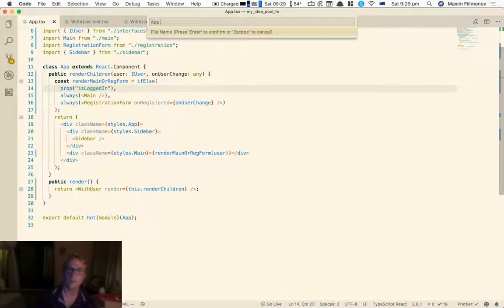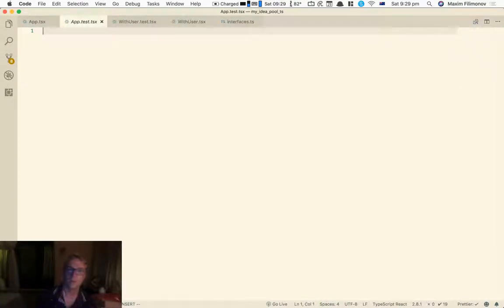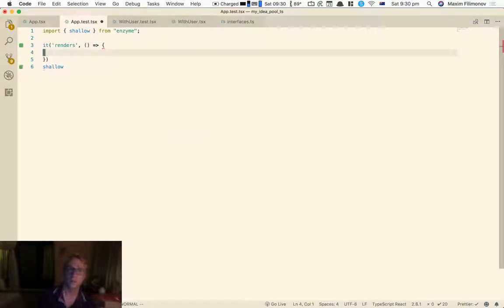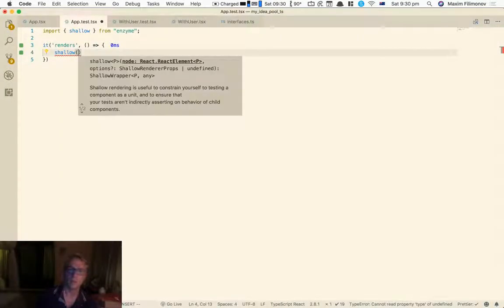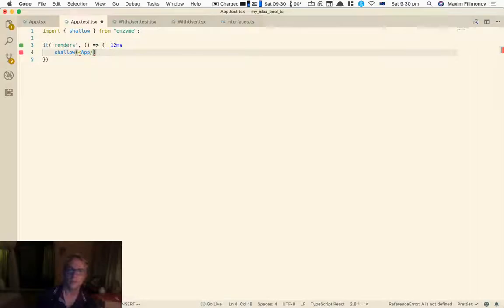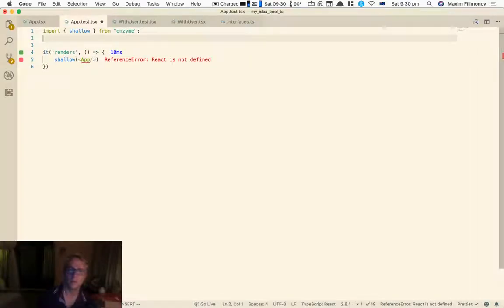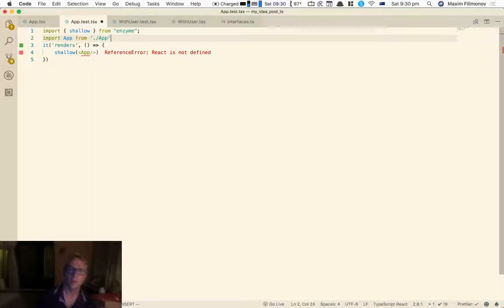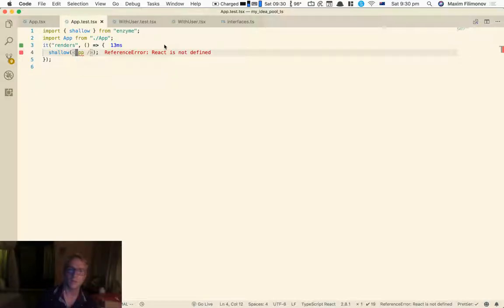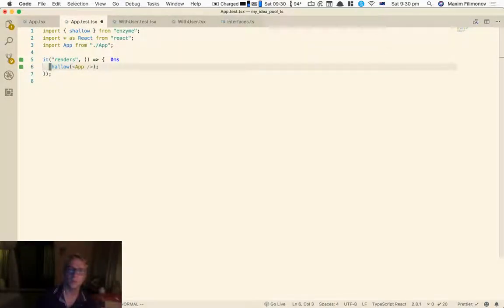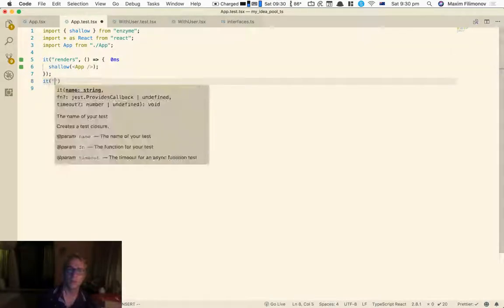shallow to import. It renders, I guess. I just want to check first that it renders. And then I just do the app thingy there. Import app from app. And it says React is not defined. Yes. Okay, so it does render, it doesn't die, which is good. And I can say it